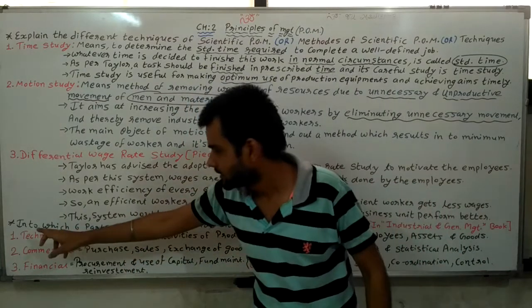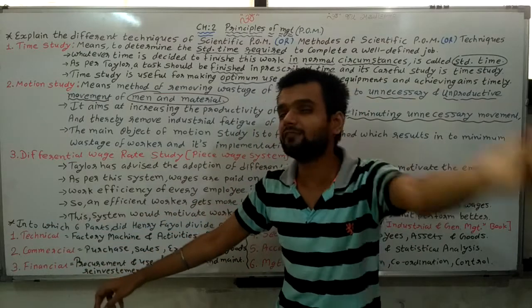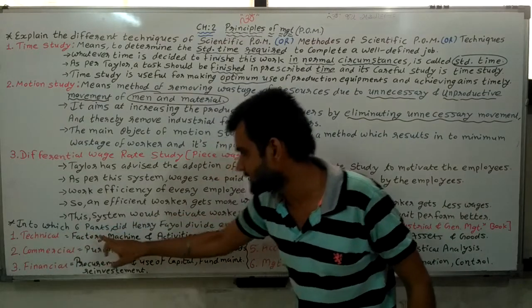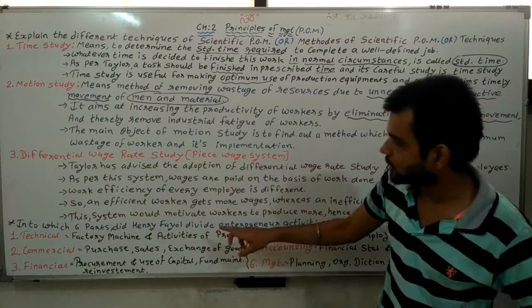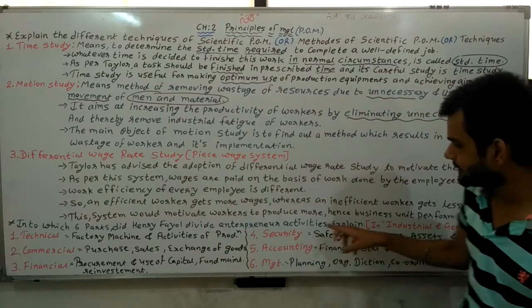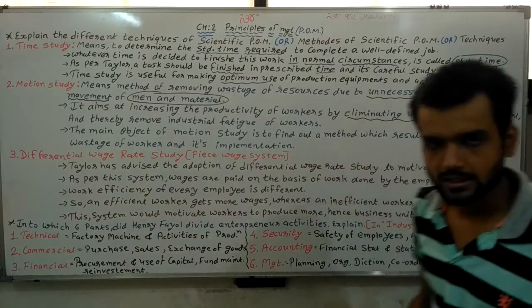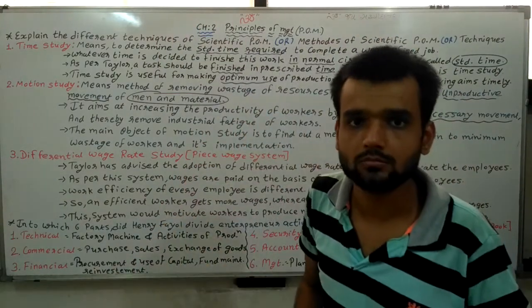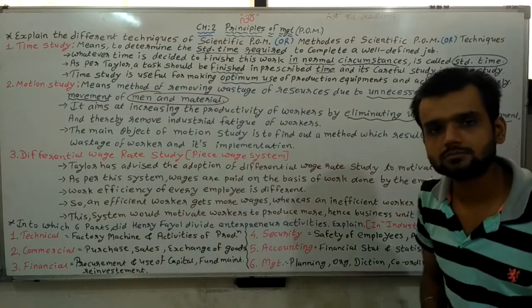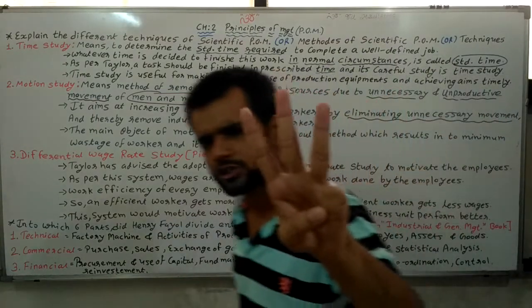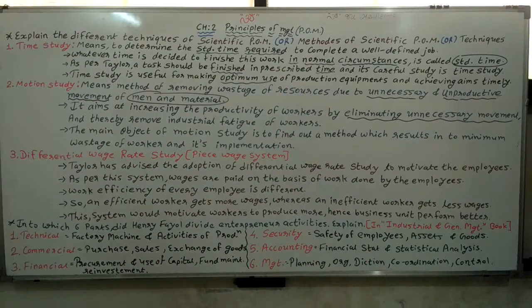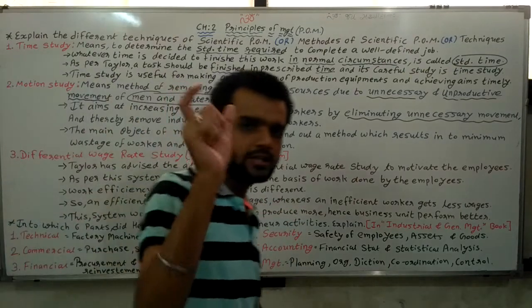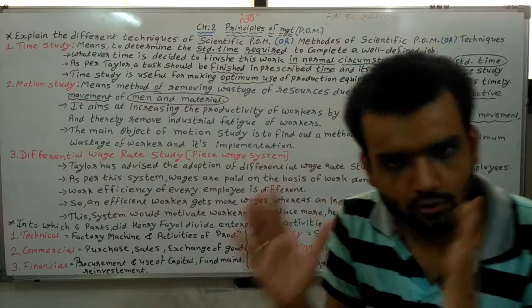Now, next topic, Henry Fayol. What has Henry Fayol done? One question: into which 6 parts did Henry Fayol divide entrepreneur activities? Explain. The activity of the entrepreneur is divided into 6 parts as per Henry Fayol. Explain it. This question can be asked for 3 marks only. Now, Frederick Taylor is completed. Henry Fayol divided the activities of the business unit into 6 parts. Entrepreneurial activities are divided into 6 parts.